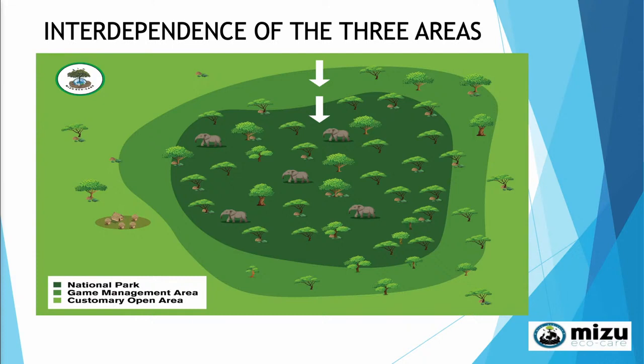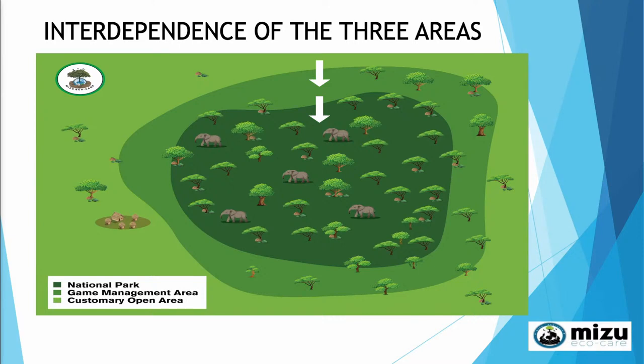lack of nutrition. So the question is, what exactly can we do to help these local communities that are in the customary open area and the GMA to improve their lives, remove food insecurity, increase their financial capacity, regenerate this ecosystem on the outside? And once this ecosystem is regenerated, we know it will have a cascading effect into regeneration of the GMA, and that will cascade into regeneration of the national park.